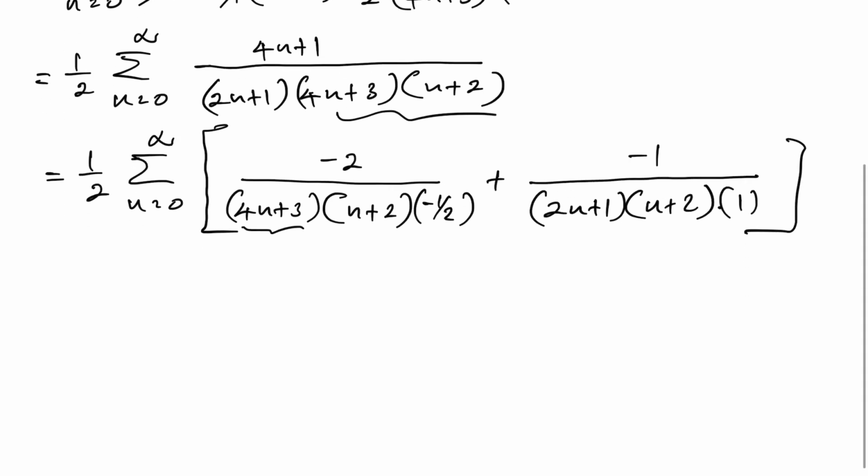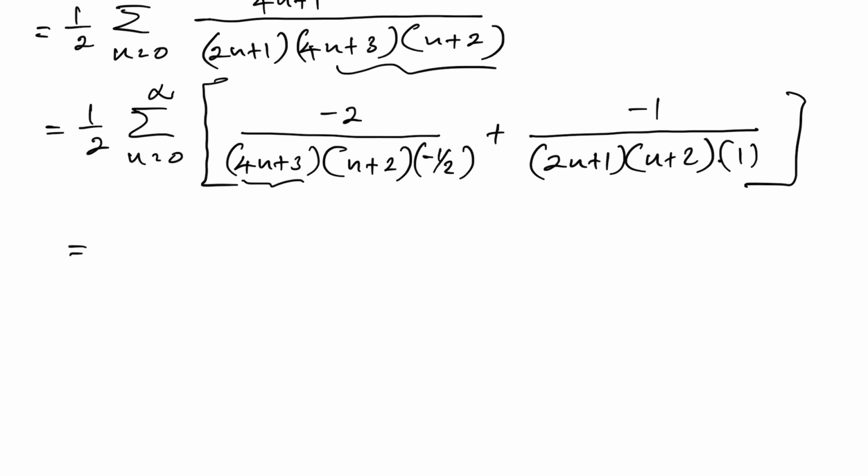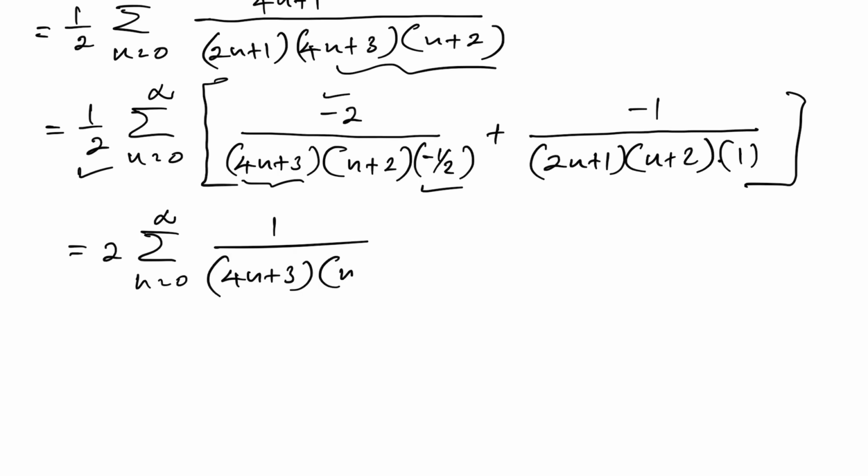Well, now we can write this is equal to here minus sign, here minus sign will be plus, so 4, but here 2, so we have 2 times the sum of n equals 0 to infinity 1 over 4 times n plus 3, n plus 2,